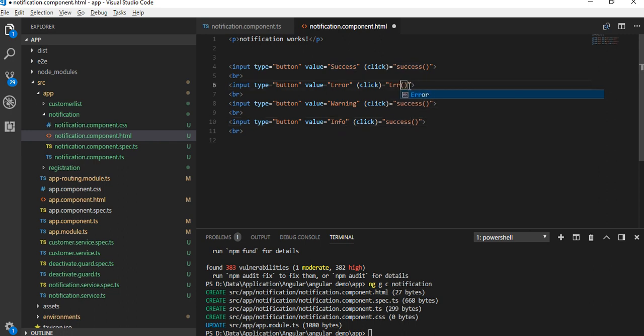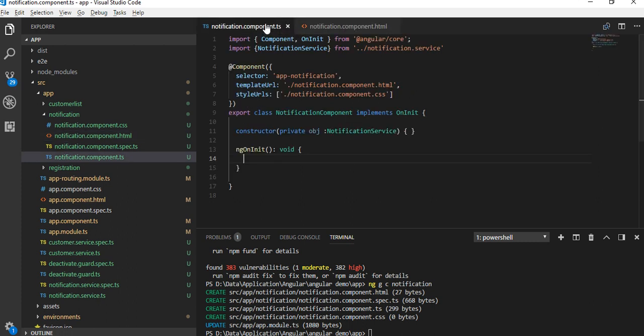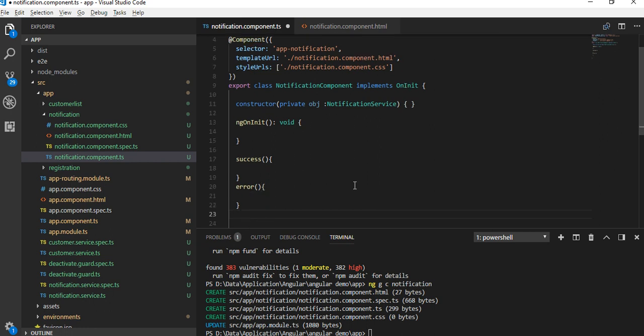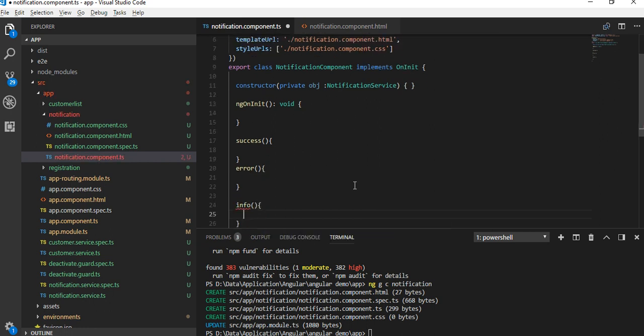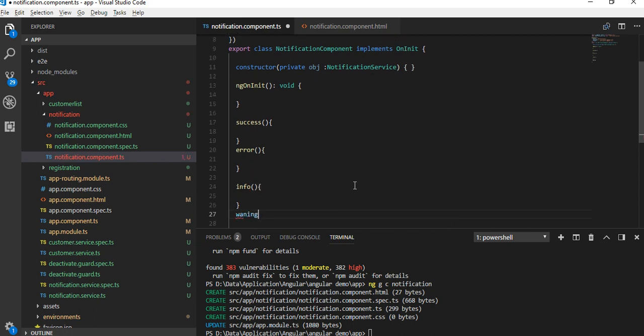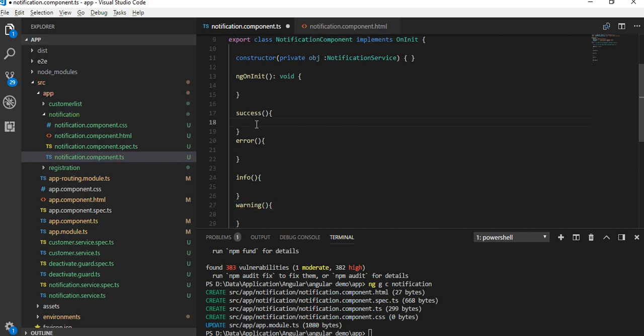Same, the error function, warning, and then info. So what we have to do is define these four functions here: success, error, then info, and then warning. All functions we have implemented, but we need to define the functionality.